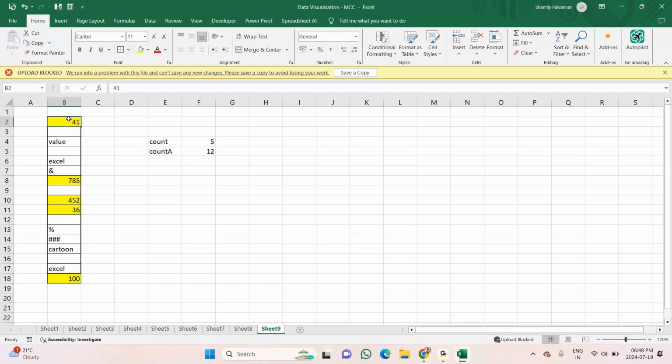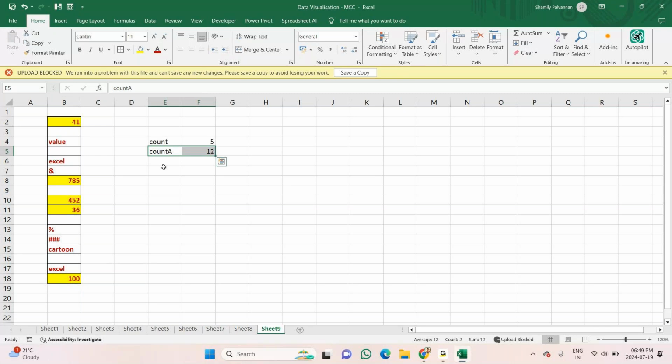Let's see this. So I'm taking a dark red. Okay. So first of all, let me make all this bold. I can't keep doing again and again. So let me keep it bold. 1, 2, 3, 4, 5, 6, 7, 8, 9, 10, 11, and then 12. So we have here 12 counts, right?